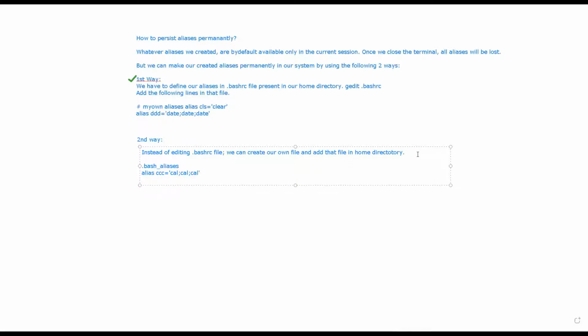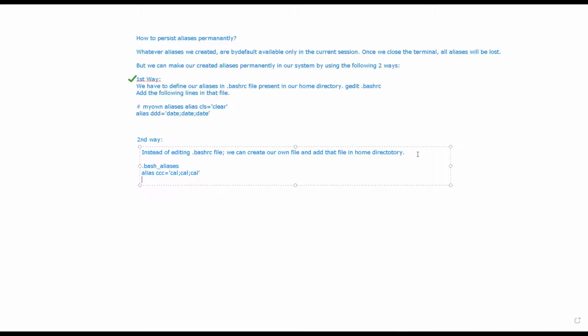But in the case of double ampersand, as we saw, whenever you want to use multiple commands in a single line there are two ways: one is the semicolon, and the other is the double ampersand. If you use a double ampersand and any first or second command fails, the entire command line fails.